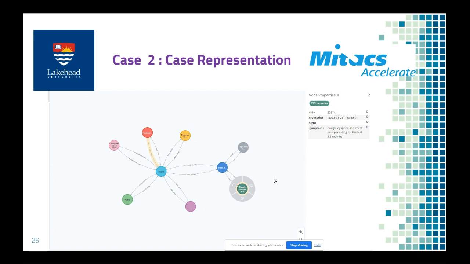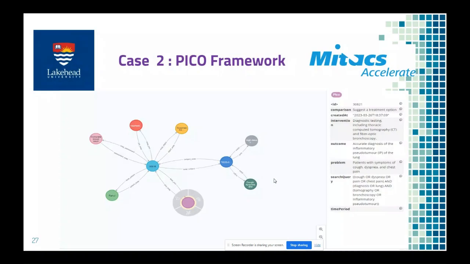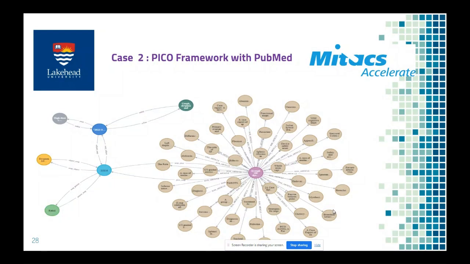Again the case presentation will look this way, where all the SOAP nodes are connected with the particular patient, and that patient SOAP node is connected with the PICO, and this is again the comparison that suggests the treatment option, intervention, outcome, problem, and the time period. And this is again the one PICO node which is connected with the other articles